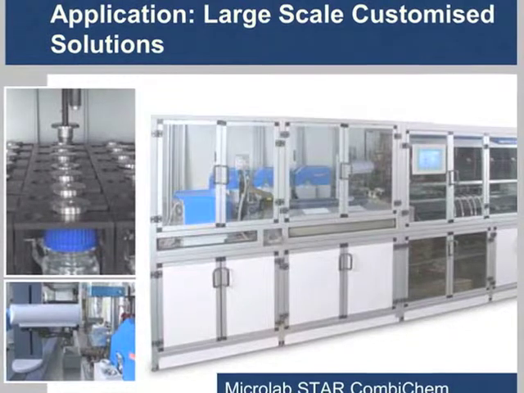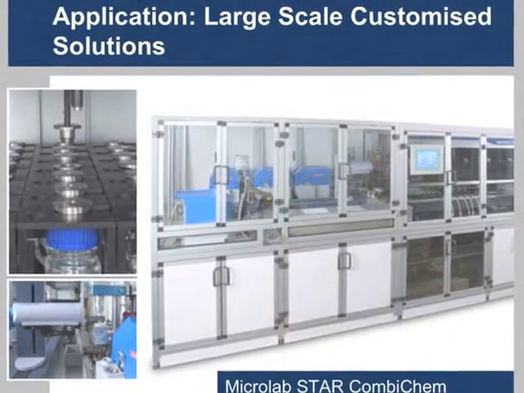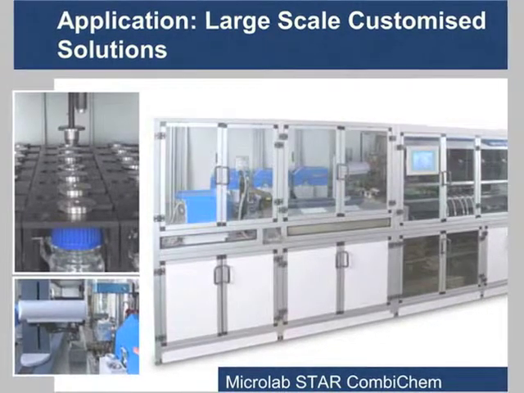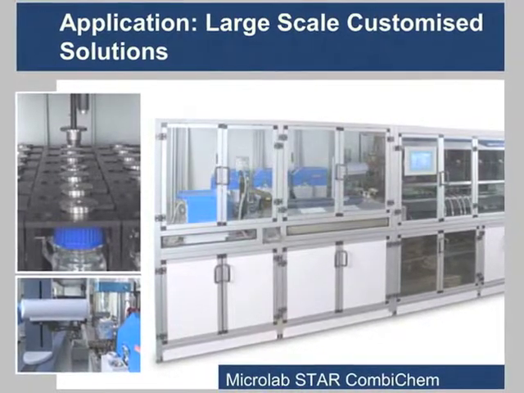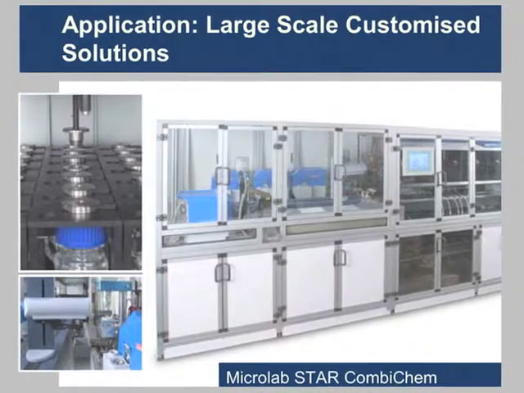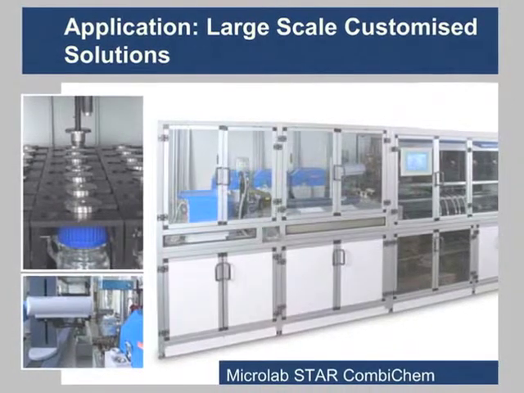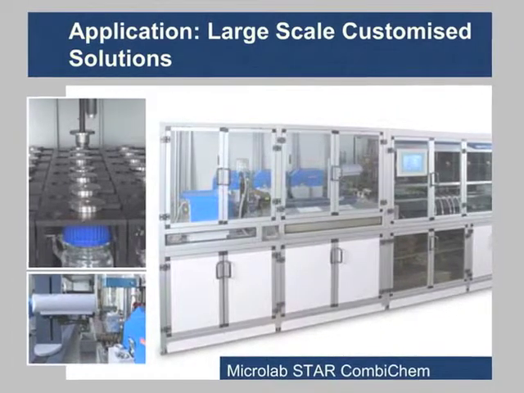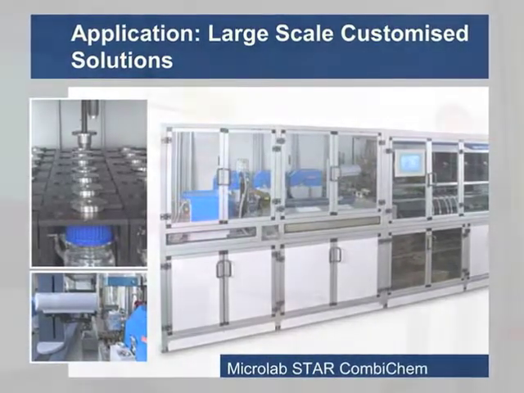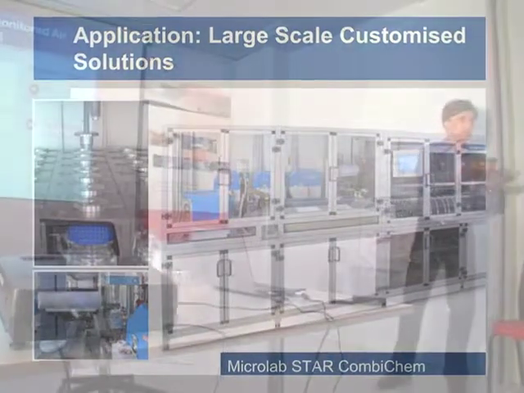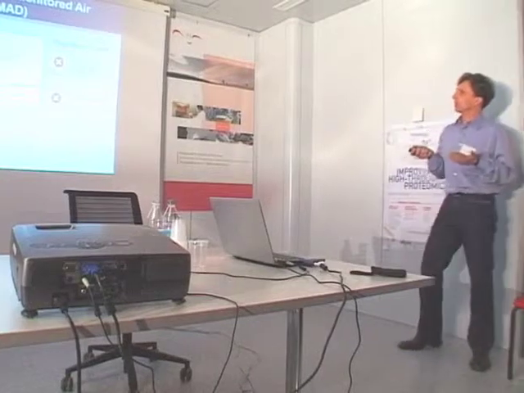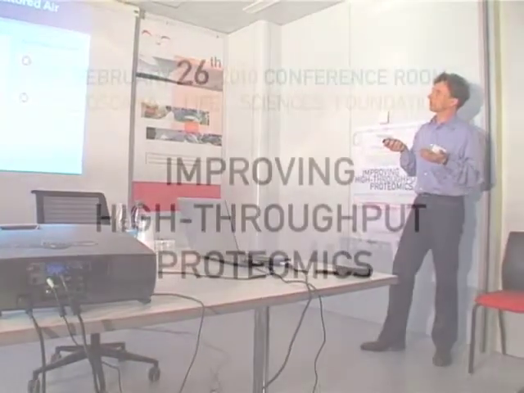This is the monitored air displacement, the MAP that I already said. In this way, we are always monitoring the pressure during the aspiration and dispensing, and we have in this way always the option to realize that something was going wrong, or something is going wrong during the pipetting step. So the aspiration is okay, means